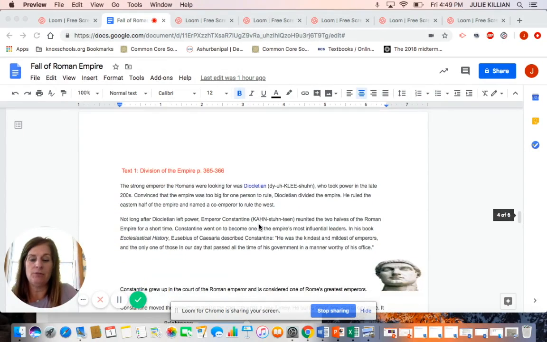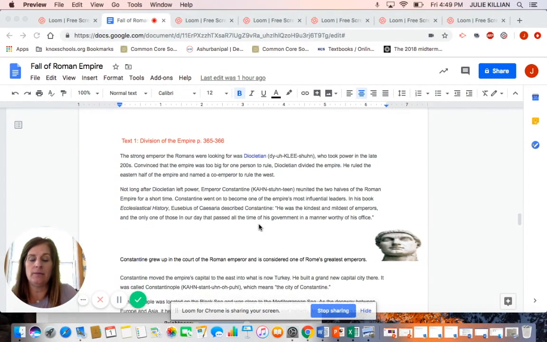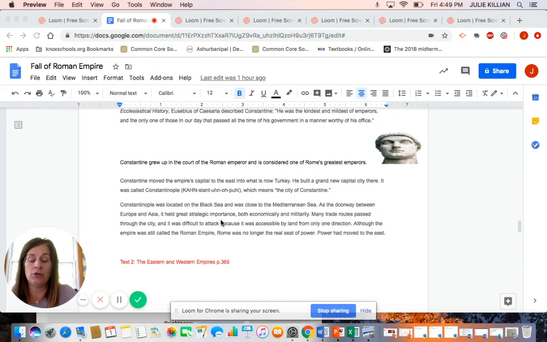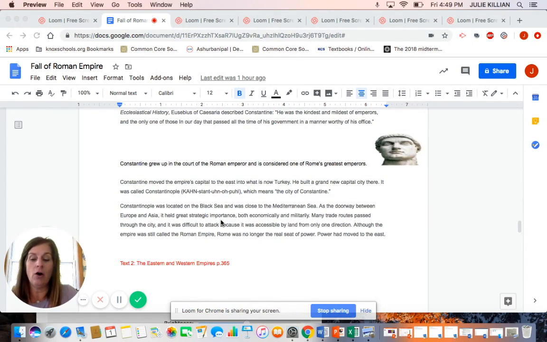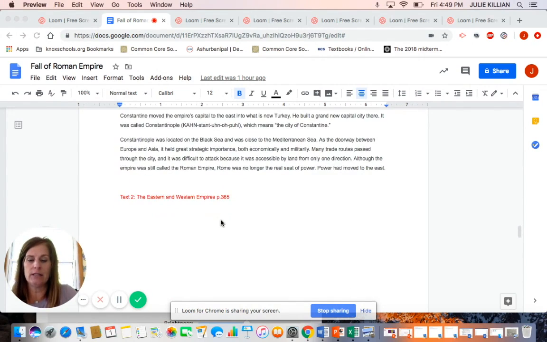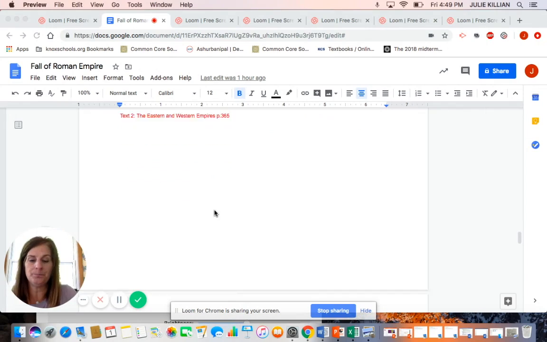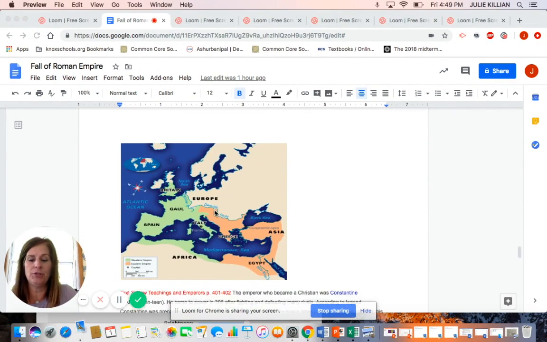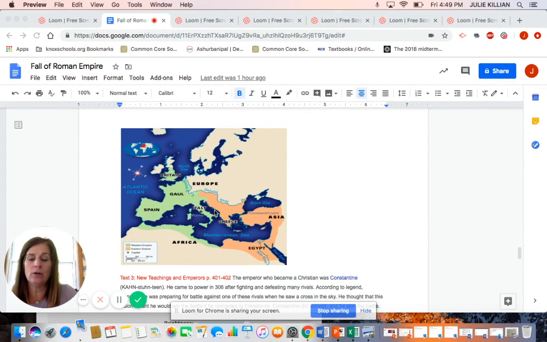So again, I've given you text, and this comes from your textbook. If you have access to your online textbook, it's found on page 365 to page 366. The first part is about Diocletian, and then the second part is about Constantine. And again, you're going to use the videos as evidence also to help you do this compare and contrast. Your second text is the Eastern and Western Empires, and the page number, it's on page 365. And then I've included a map for you to kind of give you an idea just how large the Roman Empire was, and when it divided,